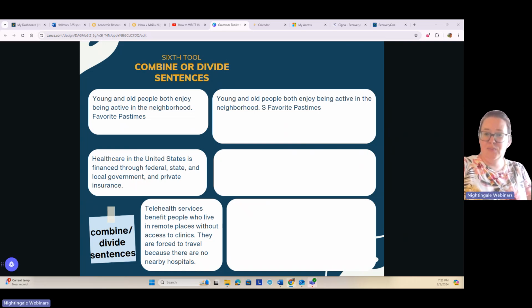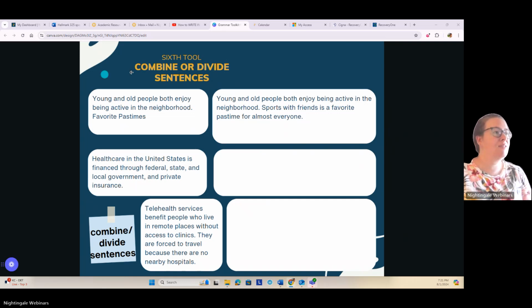So sports with friends is a favorite pastime for almost everyone. And then I've kept this idea and split it into two sentences to make it a little different.